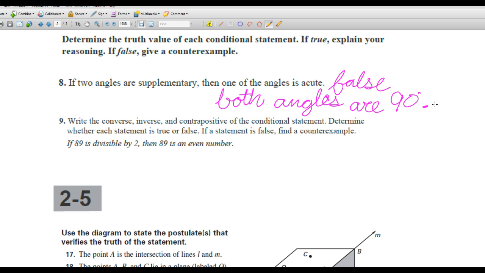Number 9, write the converse, inverse, and contrapositive of the conditional statement. Determine whether each statement is true or false. If a statement is false, find a counterexample. So, our statement is, if 89 is divisible by 2, then 89 is an even number. So, first of all, our converse to this, converse is where you switch the hypothesis with the conclusion. So now, our converse would be if 89 is an even number,